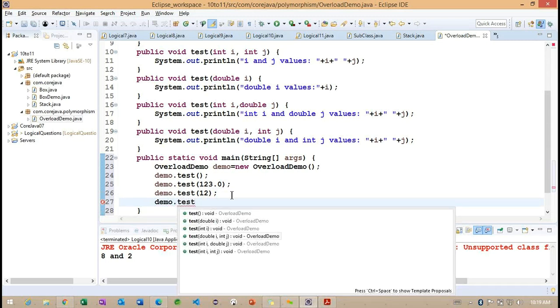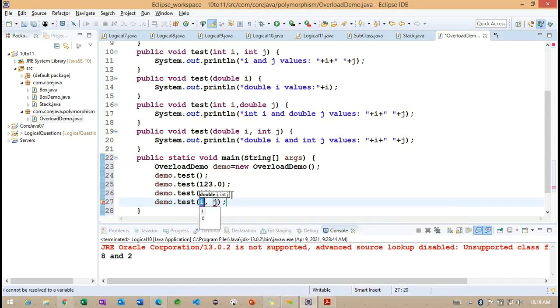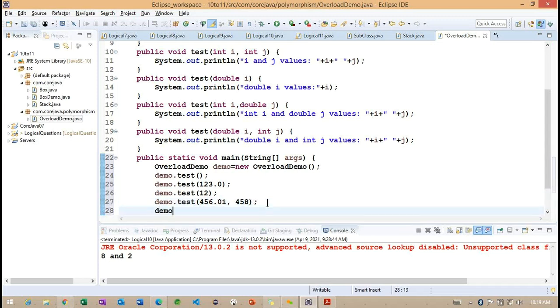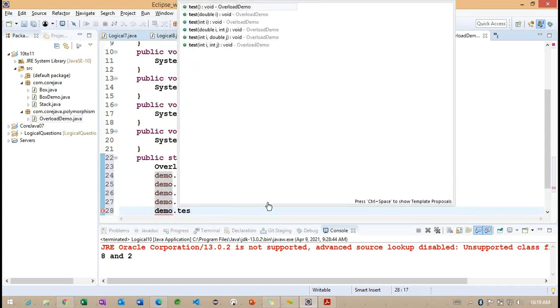As of now, the 3 methods are completed. Now the 4th method, which expects double comma int. In the same way, the double parameter I'm passing, and the int parameter. Now we need to check the 5th method.